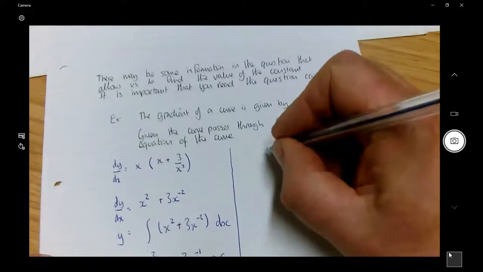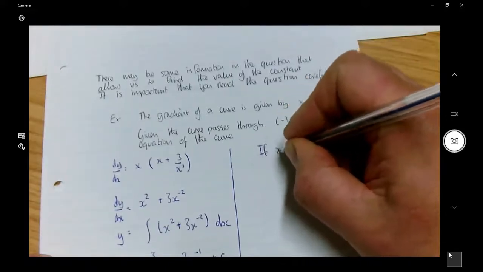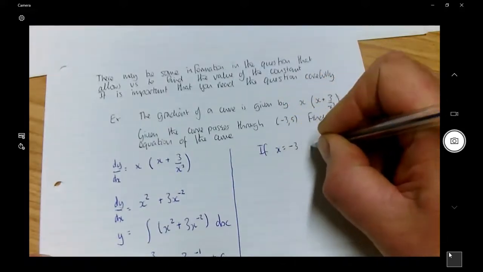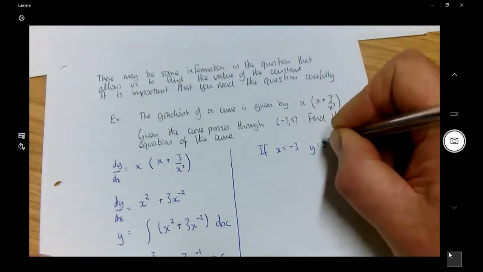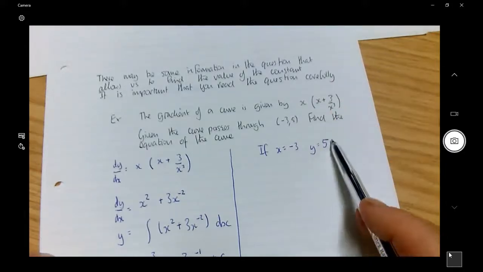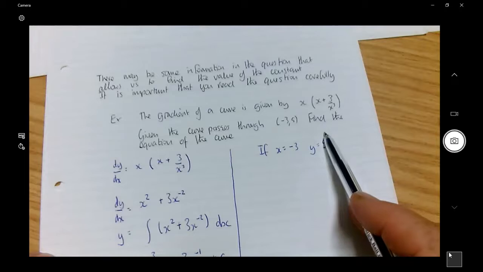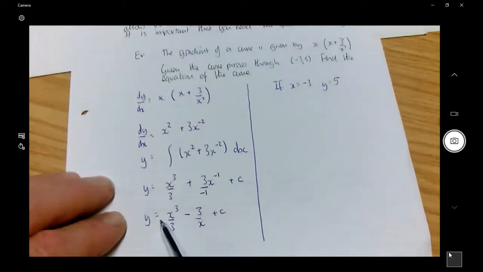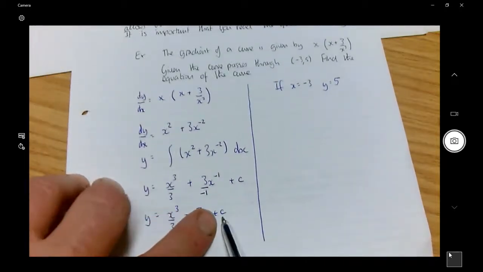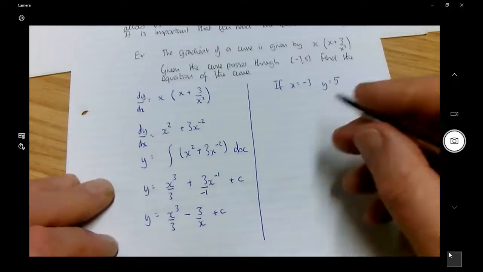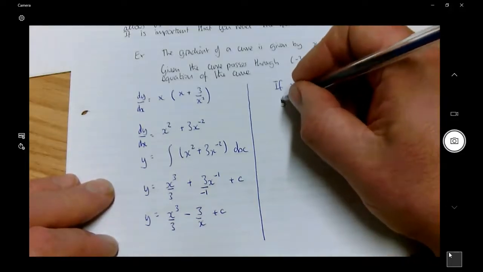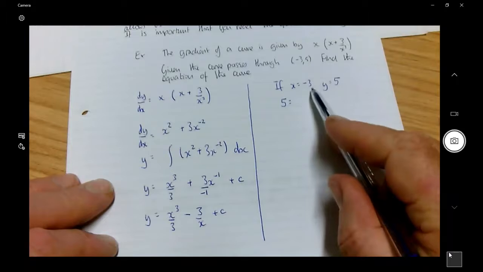If I substitute those two values into that, I've got a y, I've got the x's, it will tell me what c is. So 5 equals